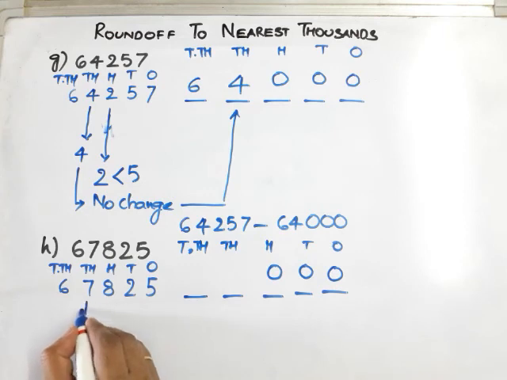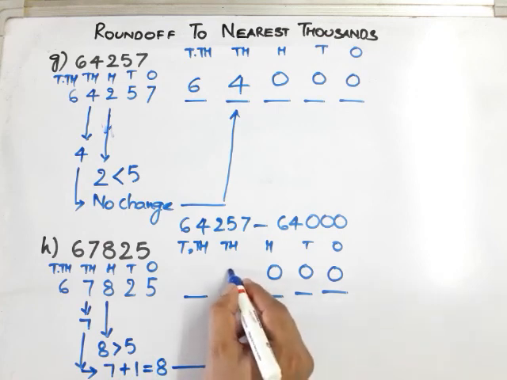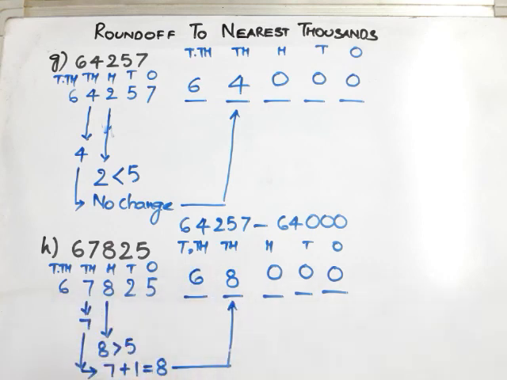Now, what is the digit in thousands place here? 7. In order to fix the value for it, we will check 8, that is the digit in hundreds place. It is clearly greater than 5. If the digit in hundreds place is greater than 5, what will happen to the digit in thousands place? We have to add 1 to it. By adding 1, it will become 8. So take this 8 as the thousands place. And the 10,000 place will be occupied by the same digit which is there in the 10,000 place of the question. So this ends the model.